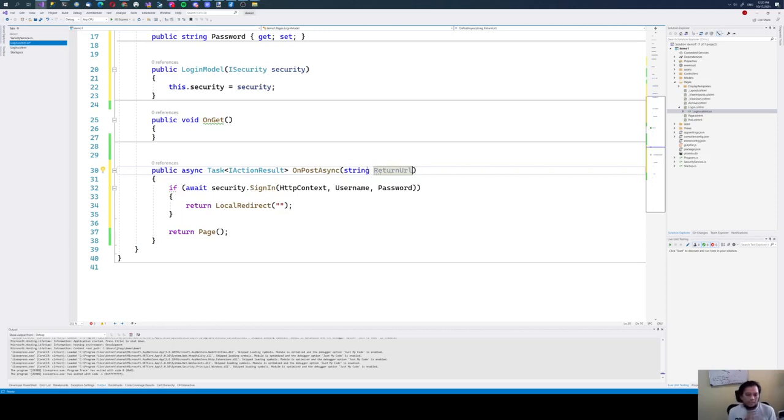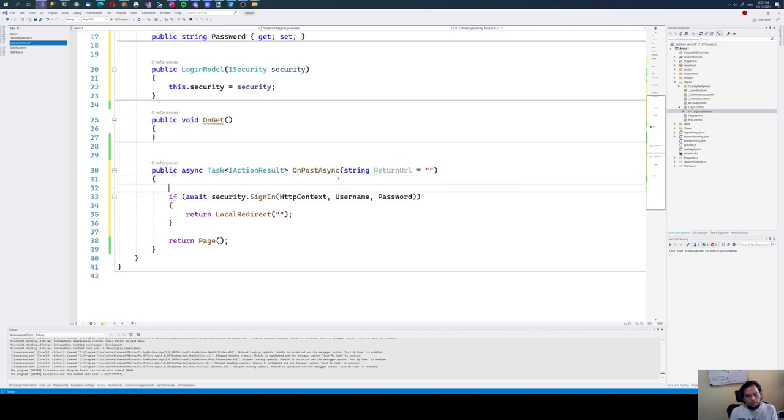It redirects to the challenge page and passes it a return URL as a string. In this case, let's make it optional, and then let's see how it handles